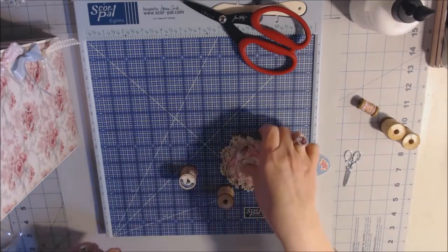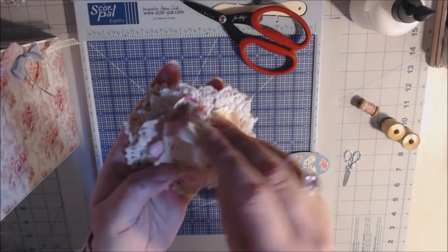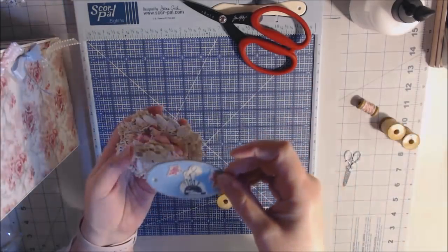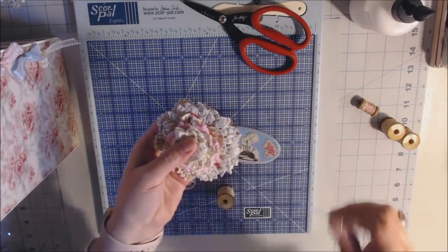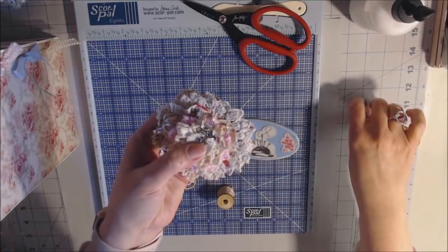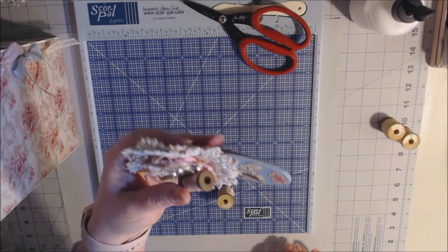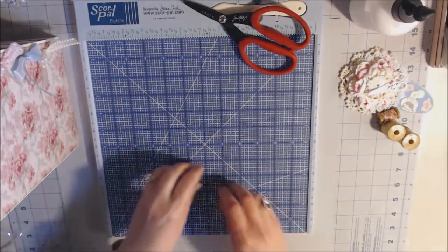I also went to my stash and found a bunch of different doilies that I'm going to be gluing together to add for decoration in the upper corner. And I have a wood tag that I put some of the stickers on, and that will go underneath like so. I have a pair of scissor charms that will go right here in the middle. And I have a spool that I put some pink on instead of the cream color, so that will be my decorations, and I'll have some flowers in the corner. So what I plan to do is